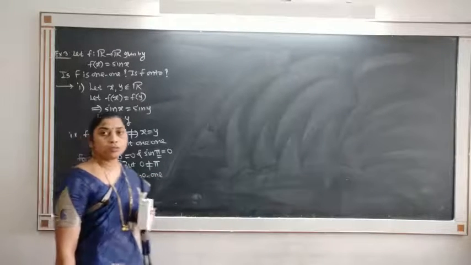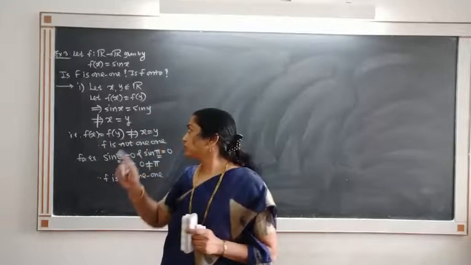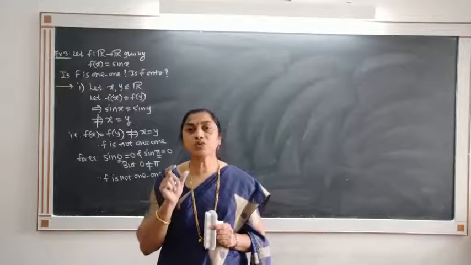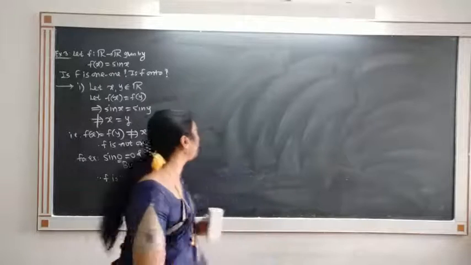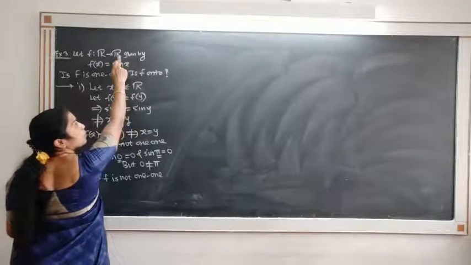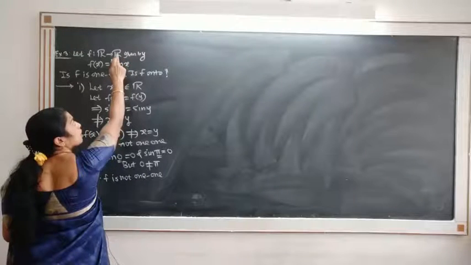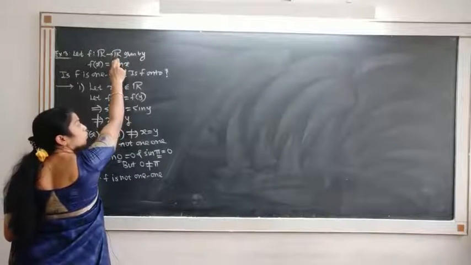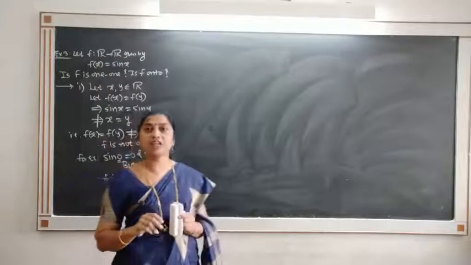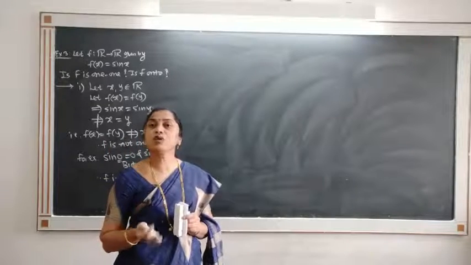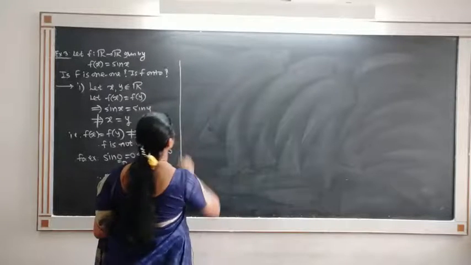What about onto? The function is also not onto, because we know that the sine function always takes only values between -1 and +1, and therefore if you take any element other than the closed interval [-1, 1], take 2, then 2 in the codomain has no pre-image because there is no element x in the real numbers such that sin x is equal to 2. There is no such number, and so the function is not onto.